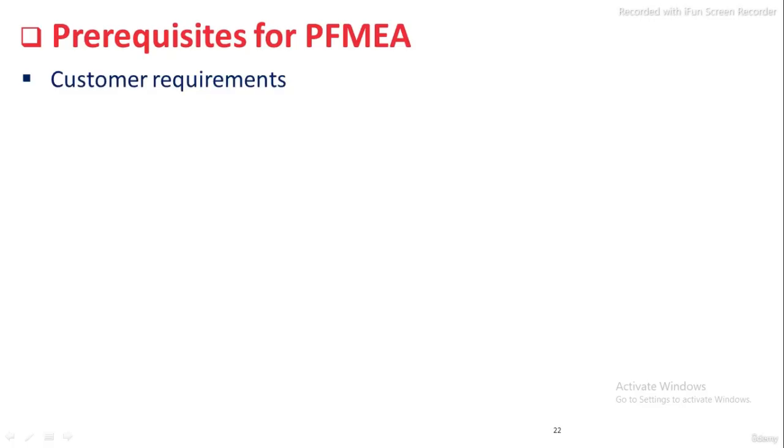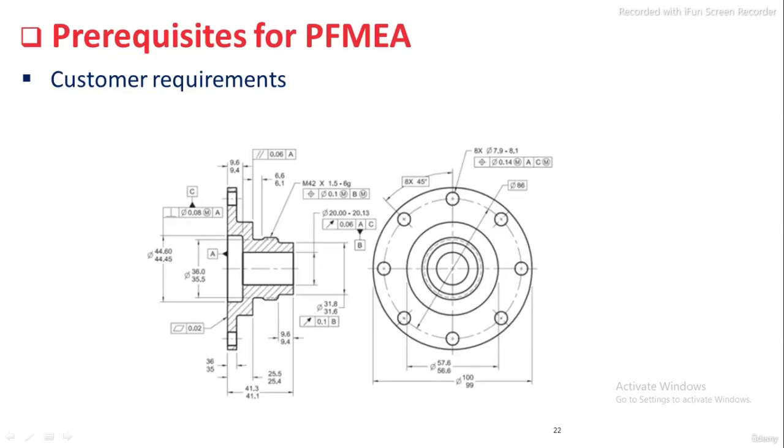These can be drawings, voice of customer perception. When you consider the service industry, customer survey feedback and much more. All these requirements are essential before the start of FMEA. You can consider this one, a 2D drawing of the product. There are so many product dimensions given. These are all considered customer requirements, and this will help us take them as an input for PFMEA